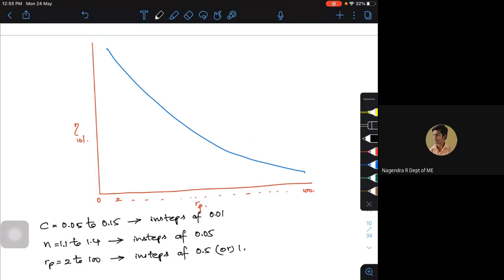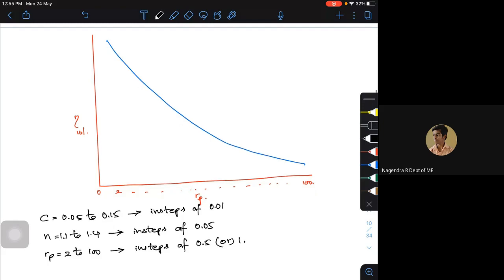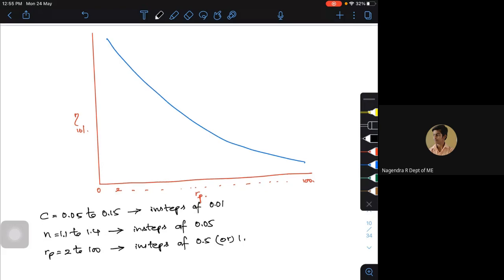What is the outcome actually? How steep is it? If I superimpose the plots for two different conditions, does this particular thing become flatter or steeper? That's what I want. I want an answer from you.